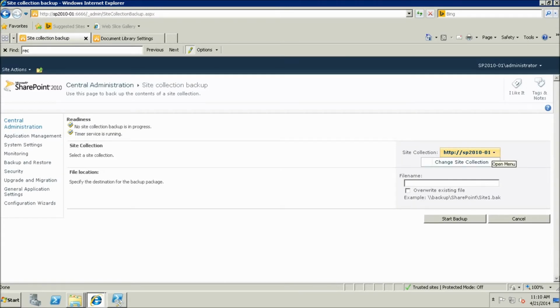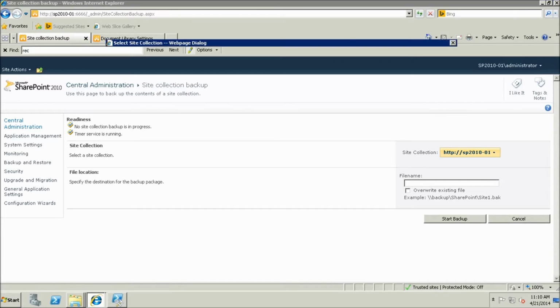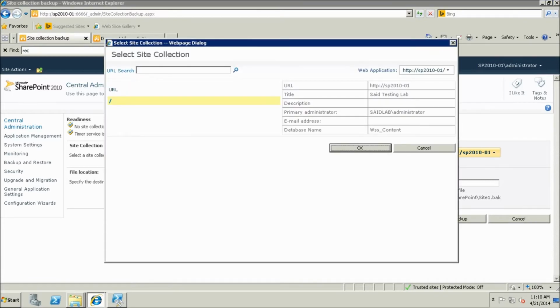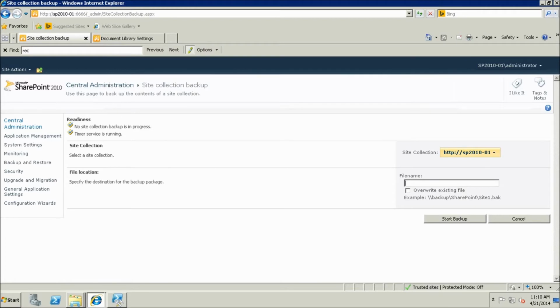If it is not right, change the site collection and choose the one you want to back up. And in the file name, give it a path to SharePoint 10.01 backup,